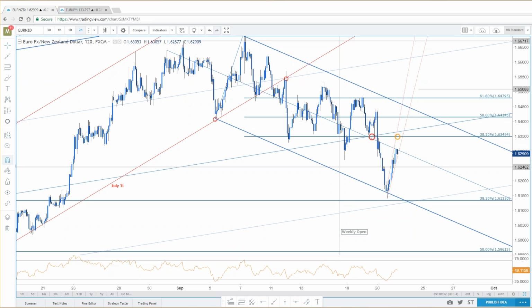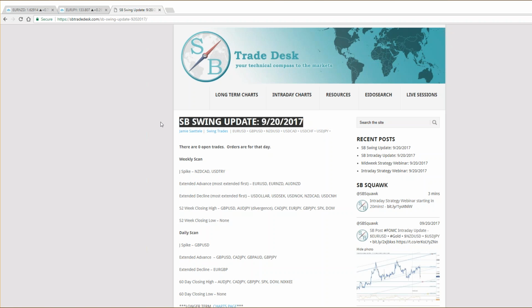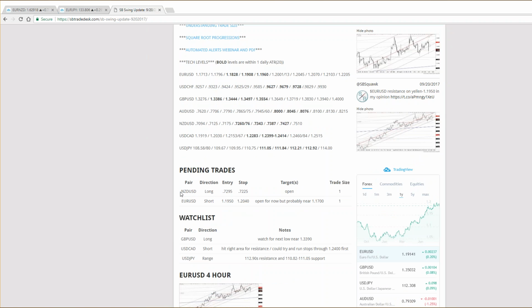Raphael, great to see you in the room. Again, I was going to get to your email today, but I just want to address that right now. There are probably other people in the room who have questions. So any issues with if you're trying to follow the swing trade, guys, it's very simple in that each day the swing trade is published after the close of U.S. markets, and each day the pending trades are the orders, okay? You put these orders in, you just let them go. If the markets reach the level, then you're in. If the markets don't, then if the next update doesn't have that same order in there, then that order is canceled. Okay, they're basically good for 1 day.